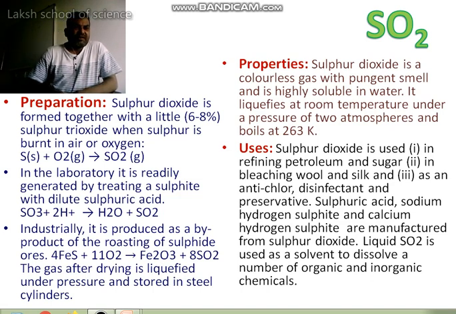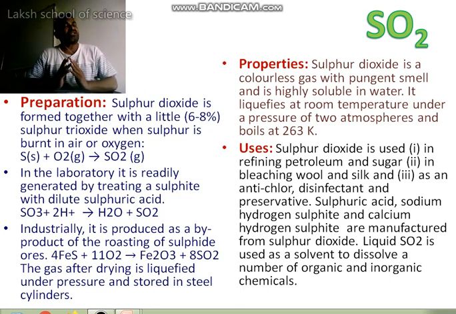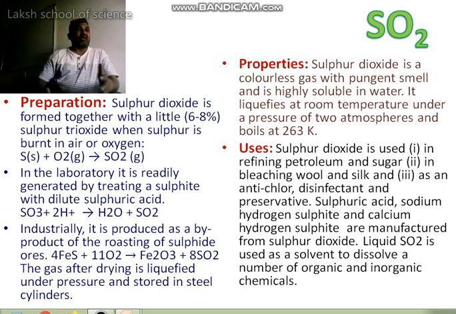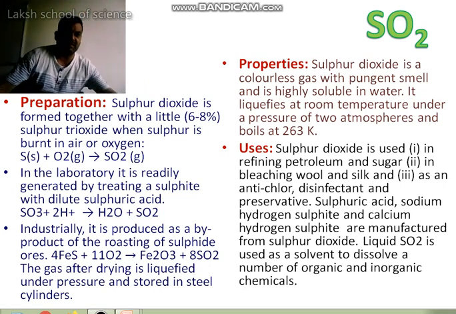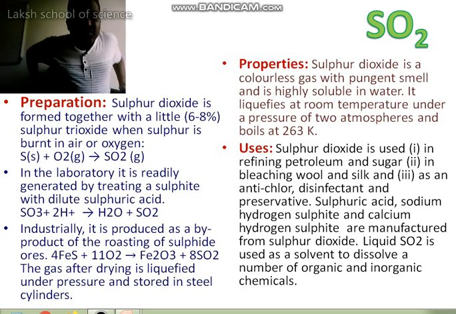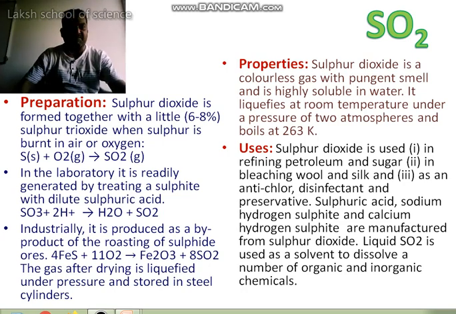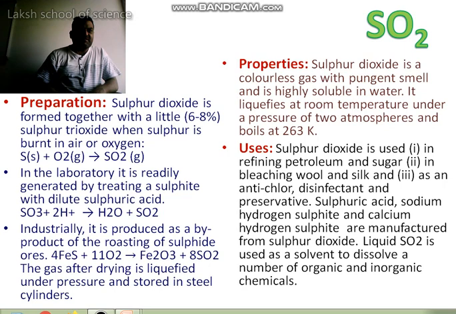Of the sulfur dioxide, we are going to talk about the uses of sulfur dioxide. Sulfur dioxide is used in the refining of petrol because it is the best reducing agent, and hence it is used in the petroleum and sugar industries to take out impurities as a pure matter. So, an interesting part of sulfur dioxide.